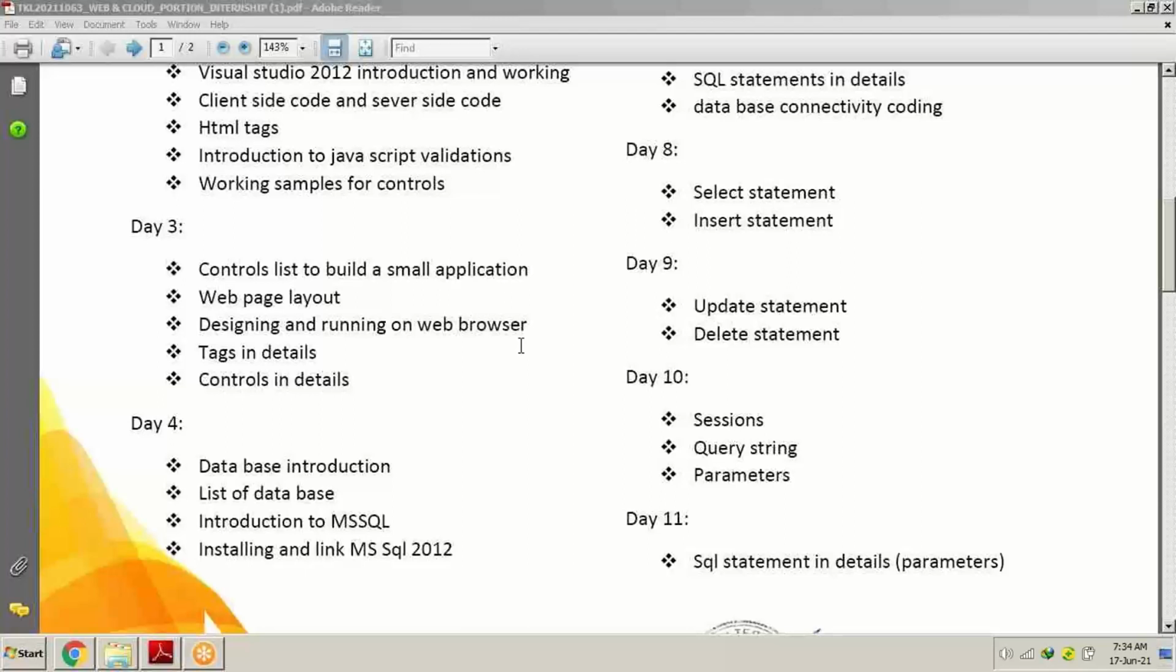What all small controls are being used to make the drag and drop process, what we just saw yesterday. Web layout, web page layout. What is web page layout? How to add more and more pages in our website, in our web application project, and designing and running of